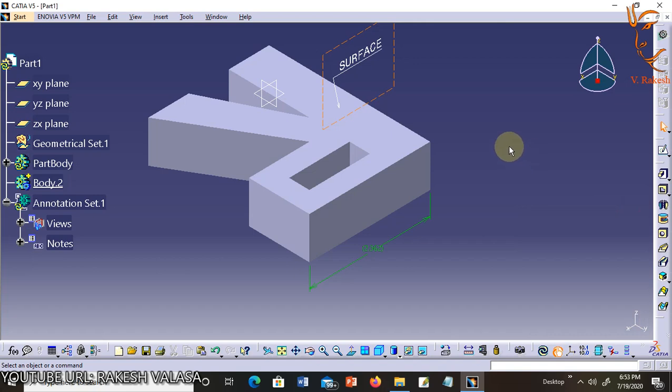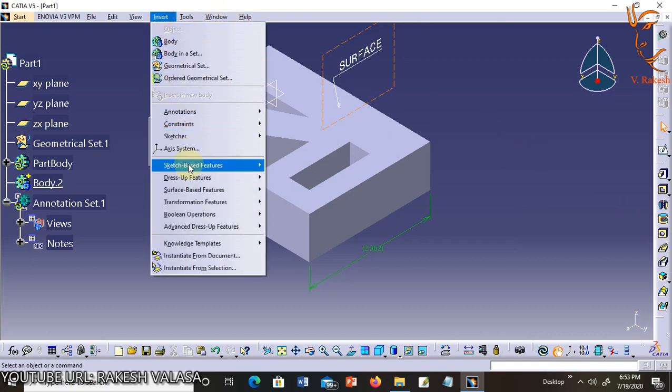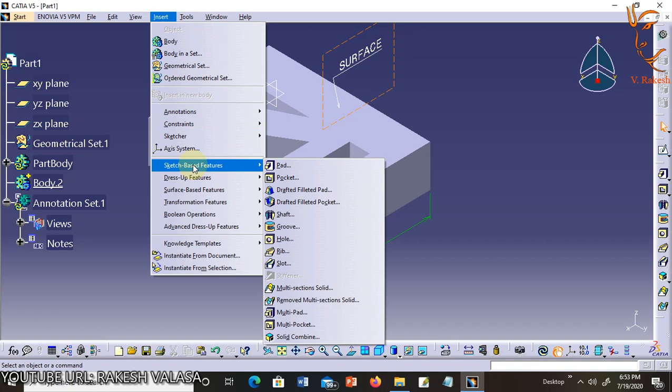Next option is Sketch Based Features. It includes pad, pocket, drafted filleted pad, drafted filleted pocket, shaft, groove, hole, rib, slot, stiffener, multi-section solid, removed multi-section solid, multi-pad, multi-pocket, solid combine.